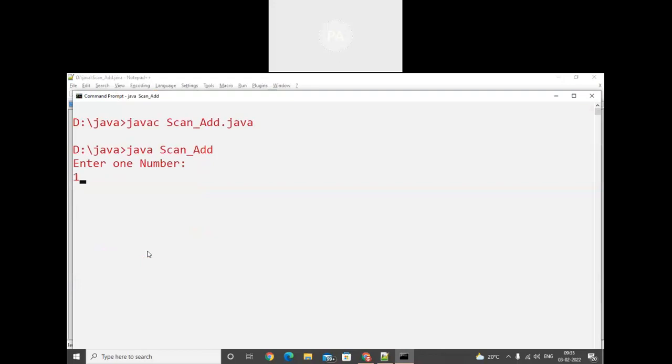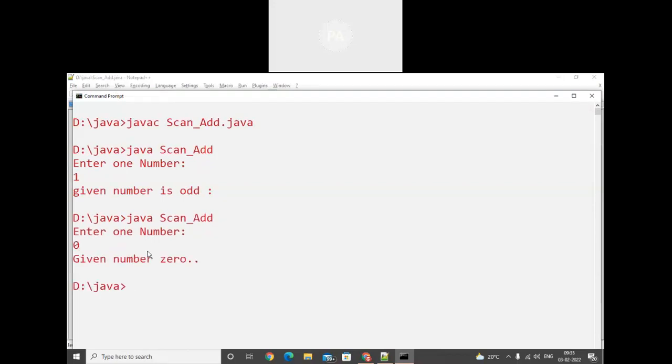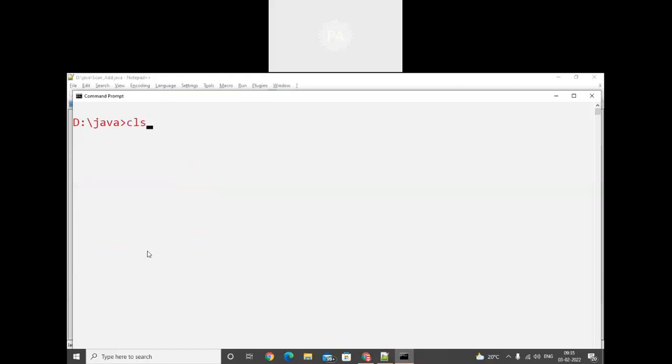See, here I will use 1, it would be odd. See, I will use a 0. I will use 2 also. -10. See, even number is